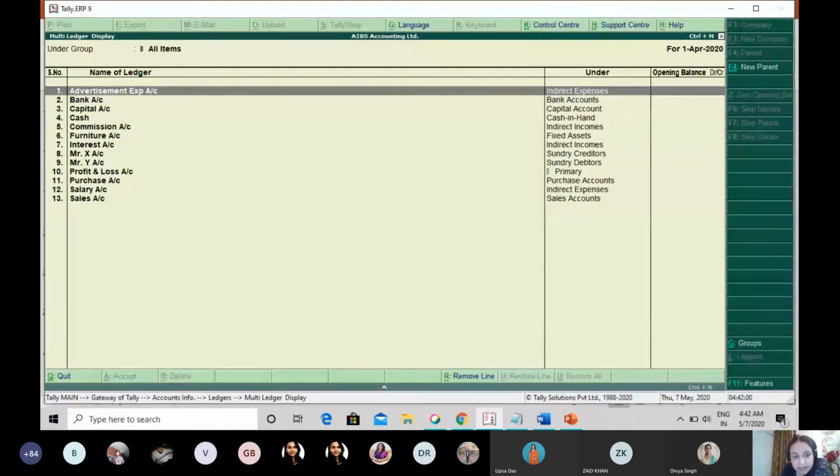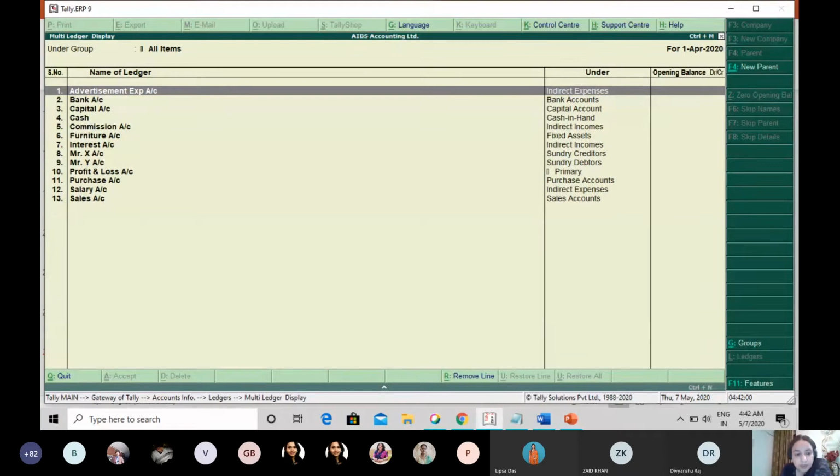If you can please give me feedback on whether it is clear how to create the ledger account. Yes, ma'am. Once you download the software and practice it on your own, you will be able to do it very well. The idea of this session is so that you get a briefing of what exactly is done in Tally. We can have more sessions too if you are creating a company and making the ledger accounts on your own. If you have any doubts or queries, we can again have meetings, and we want that every student in Amity University should learn this. This is very important, instead of the old traditional methods of making ledger, then trial balance and profit and loss account.